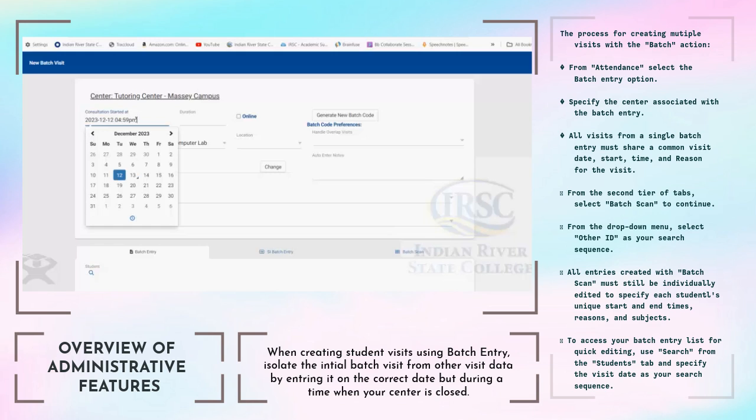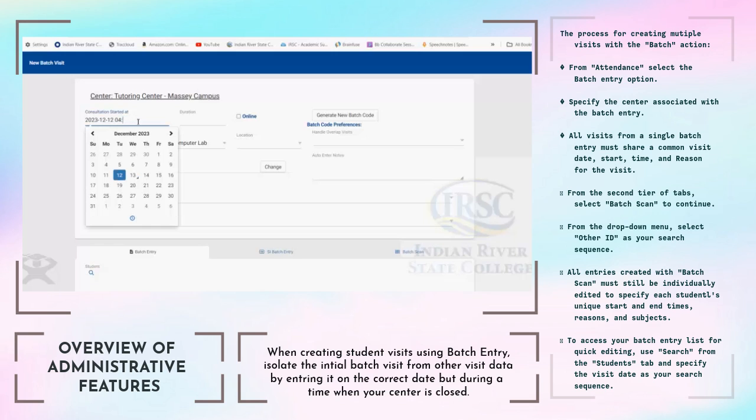What we don't want to do is mix this super visit in with other organic student visits. We don't want to be differentiating or maybe run the risk of modifying a student's visit who wasn't part of this group, right? So we want to pay special attention to the start time and end time. That will help us identify exactly which ones we're going to be working on as we move through our list. But also, I think it helps just to put them in a place where they're going to sort of be out of the way. So